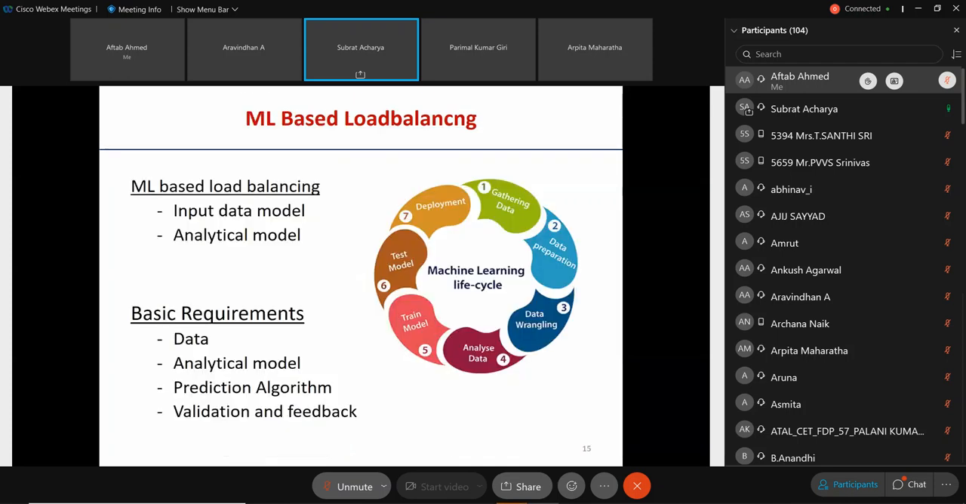Now, I'm going to focus mostly on this machine learning based load balancing. Here what happens is this: as we know, with any type of machine learning algorithm, there will be input data, a model, and an analytical model. Here I'm trying to show what happens in a particular sequence, starting with the gathering of the data,